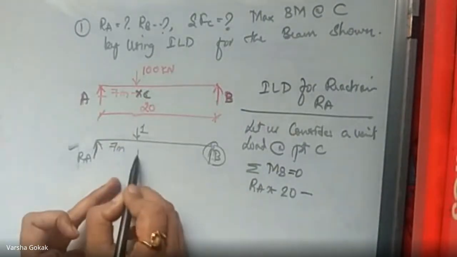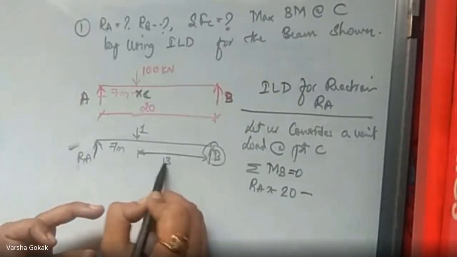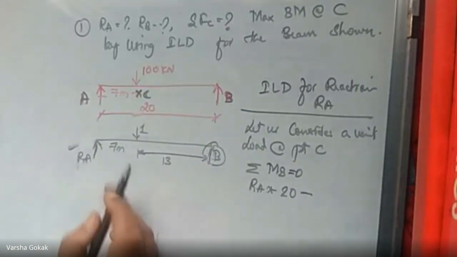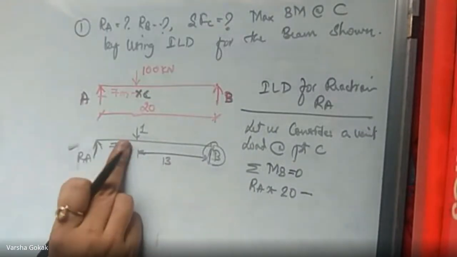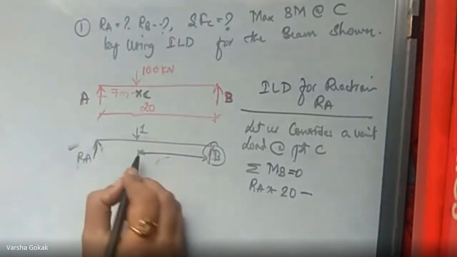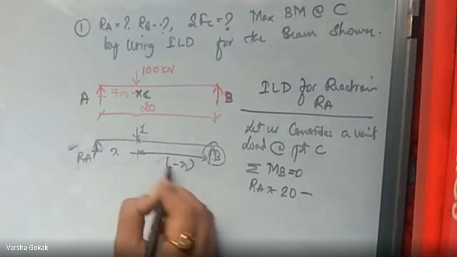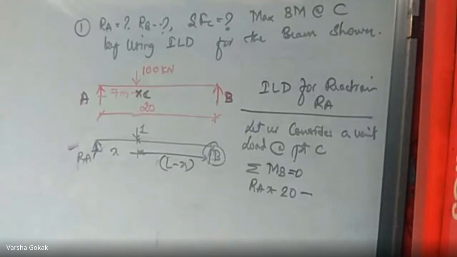Minus 1 into, what is this going to be? 13, right? That is L minus X. But now let us not substitute this 7 and 13. What we will do is we will assume that this is X and this is L minus X, standard case, right? So what I'll write, moment at